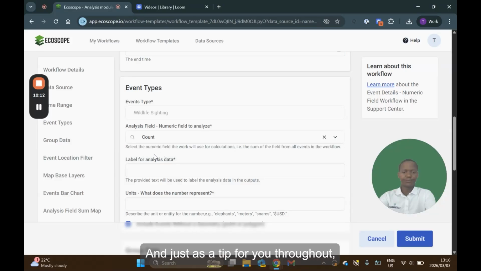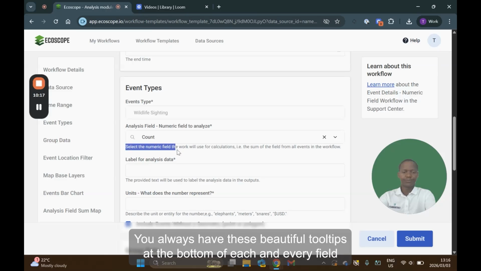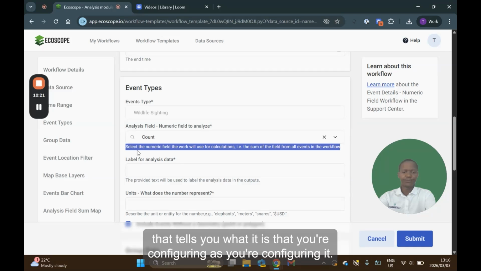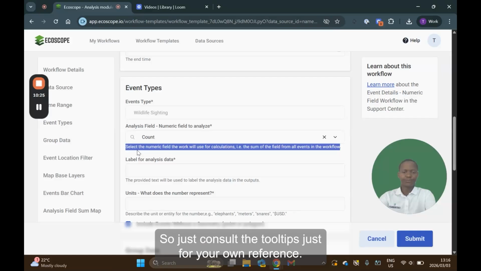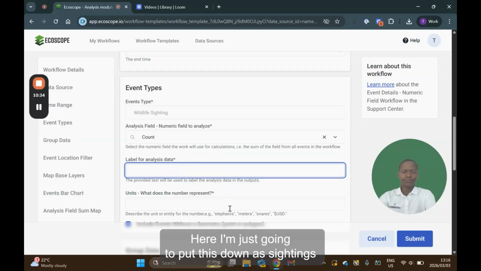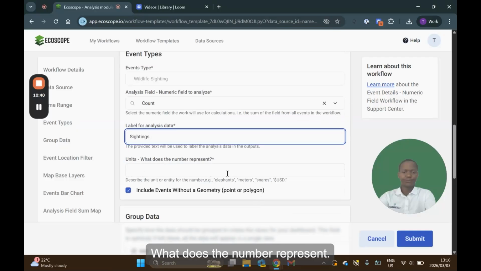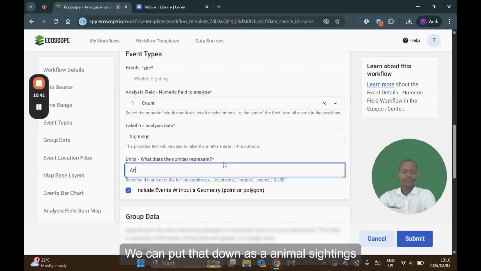And just as a tip for you, throughout Ecoscope with Ranger and Windy, whenever you're configuring something, you'll always have these beautiful tooltips at the bottom of each and every field that tell you what it is that you're configuring as you're configuring it. So just consult the tooltips for your own reference, right? Cool. Once you're done with your analysis field, then you have your label for analysis data. Here, I'm just going to put this down as sightings. And then units, what does the number represent? We can put that down as animal